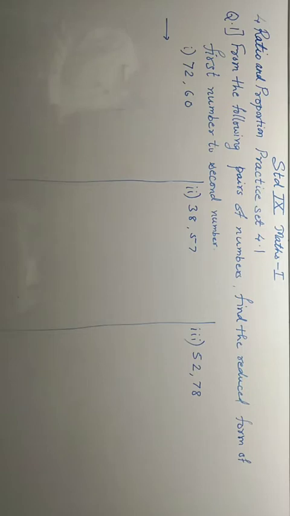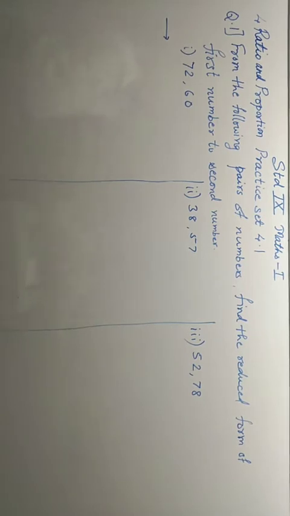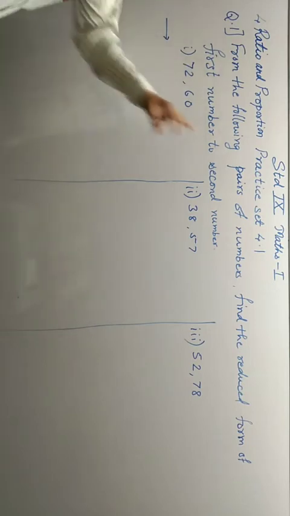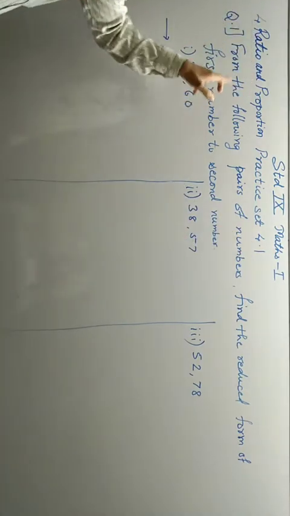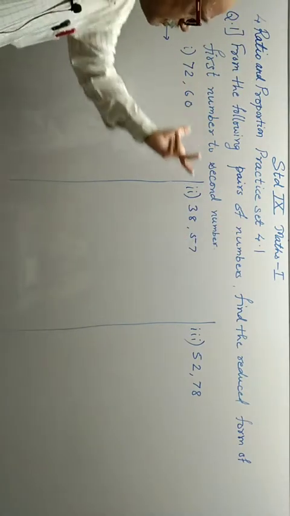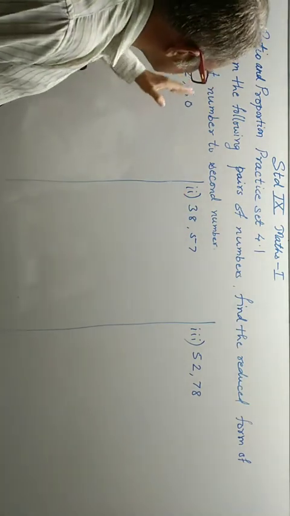Now we are starting with the fourth lesson, ratio and proportion. In the first part, everything is based on previous knowledge and basic things. So directly we are starting with practice set 4.1. In question number 1, from the following pairs of numbers, find the reduced form of first number to second